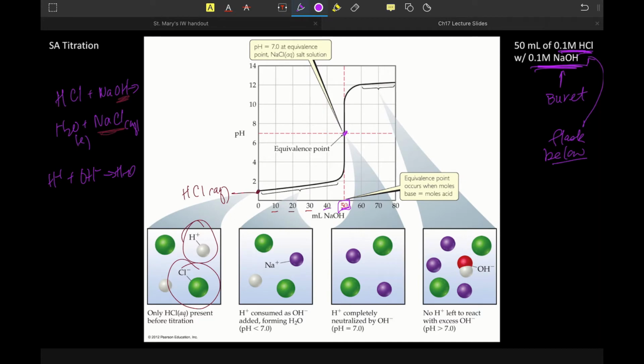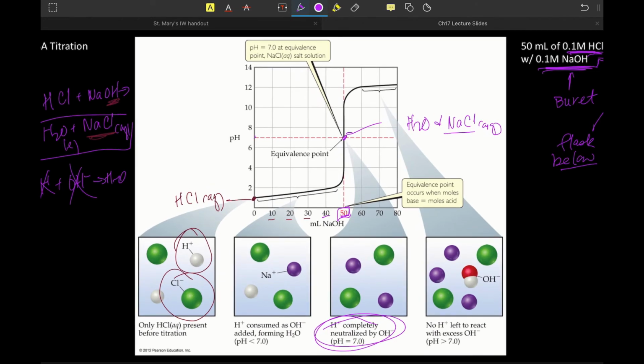And we want to make sure we don't shortcut that wording there so we don't confuse ourselves, right? Because at this point in time, it says here that the H plus is completely neutralized by the hydroxide ion, meaning there is neither H plus nor hydroxide ion in significant quantities at the equivalence point in a well-done titration. All we have are our products, which are water and our aqueous sodium chloride, which, since sodium chloride is composed of conjugates of strong acids and strong bases, has no effect on our pH,